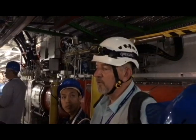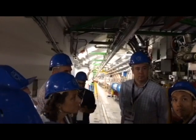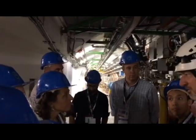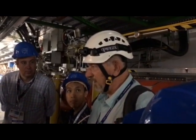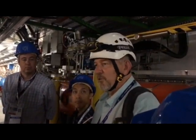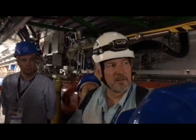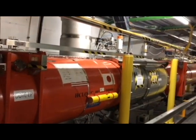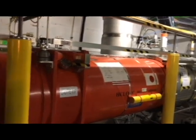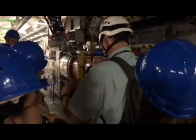Luminosity is the ability of the machine to produce collisions. Okay, so you heard about luminosity. Maybe you have heard about the high luminosity upgrade, which will be the next evolution of the machine. Okay, so these magnets here are here to... here is one. Okay, we will see exactly the point where the beams are